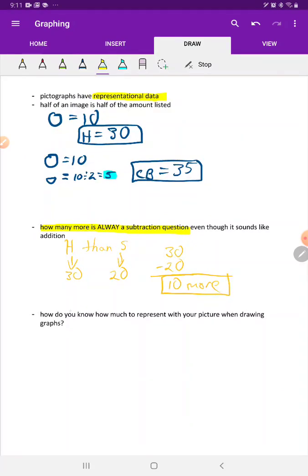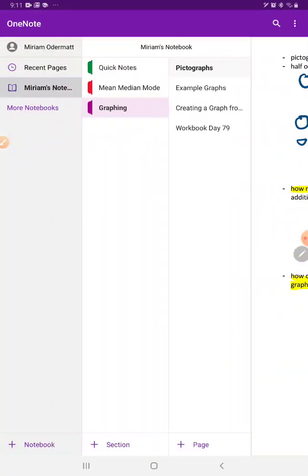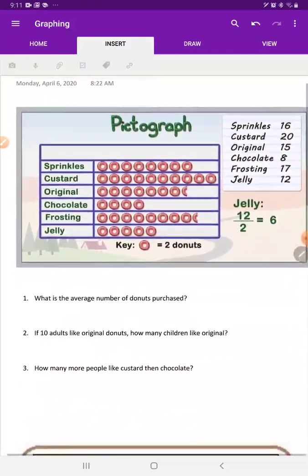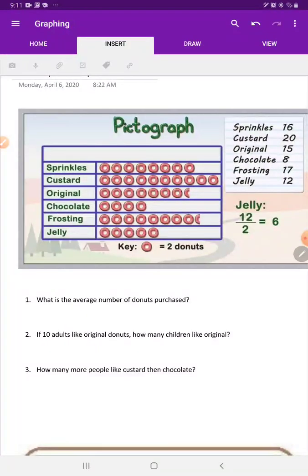This last question here, how much do you represent when drawing your own graph? That's going to be the last thing we talk about, so we're just not going to talk about that right now. Okay, so now let's go to some example graphs. So here we have an example of what people's favorite donuts are. All right, so